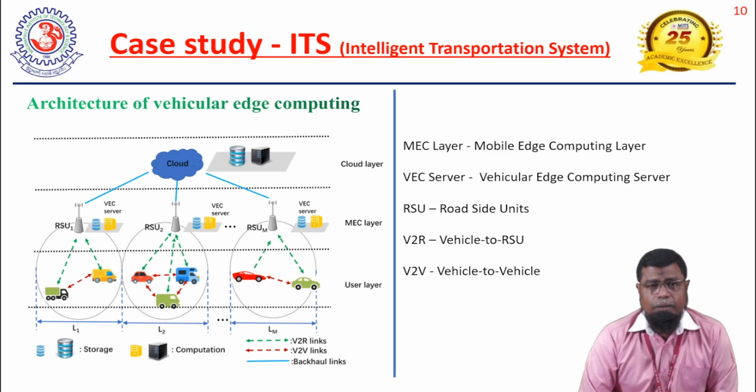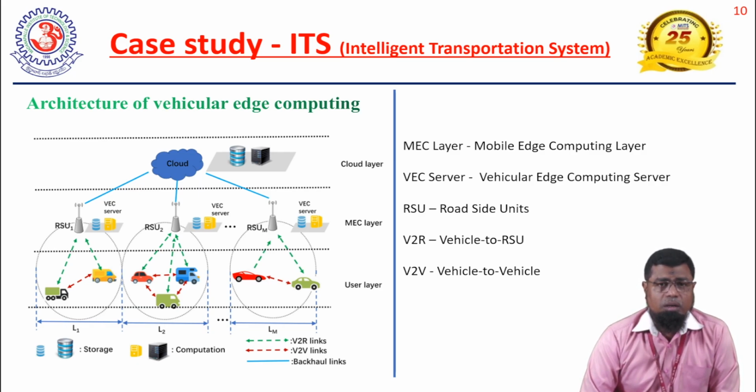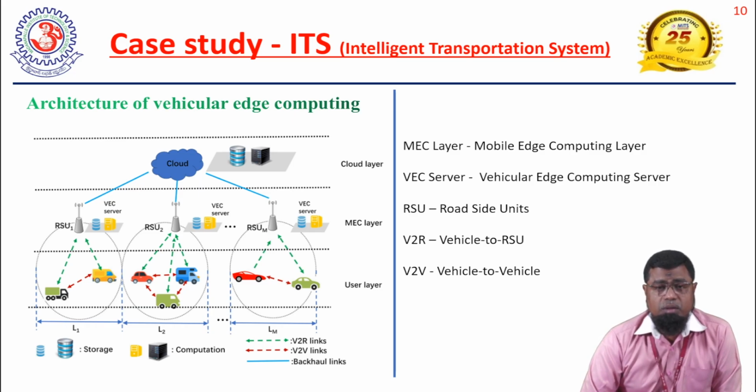Not only in this application, we can even avoid collisions of huge trains, where the loss is more. We can avoid them if edge computing is there in the network. Such accidents can be predicted in advance and they can be stopped also. So for that, it is a very good implementation where the latency of data is very low. So such time dependent, time sensitive applications can rely on this edge computing architecture.